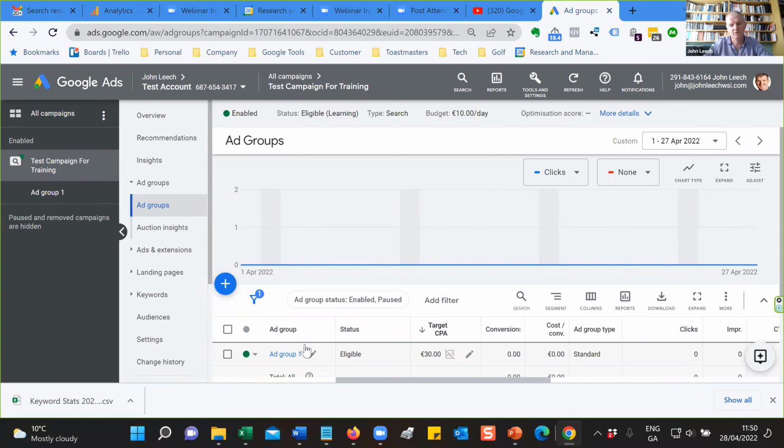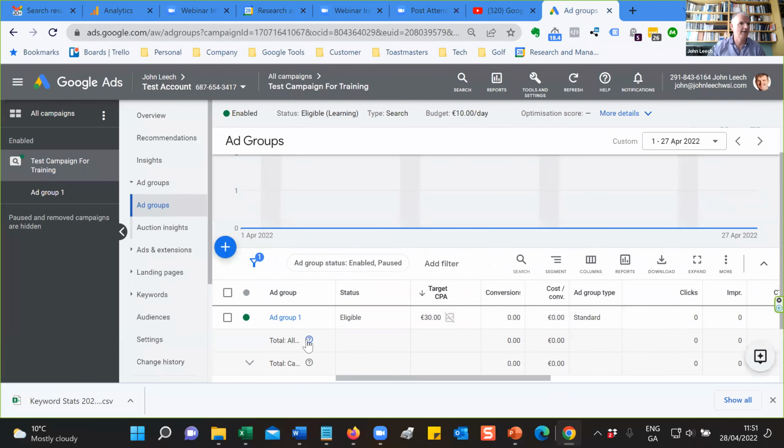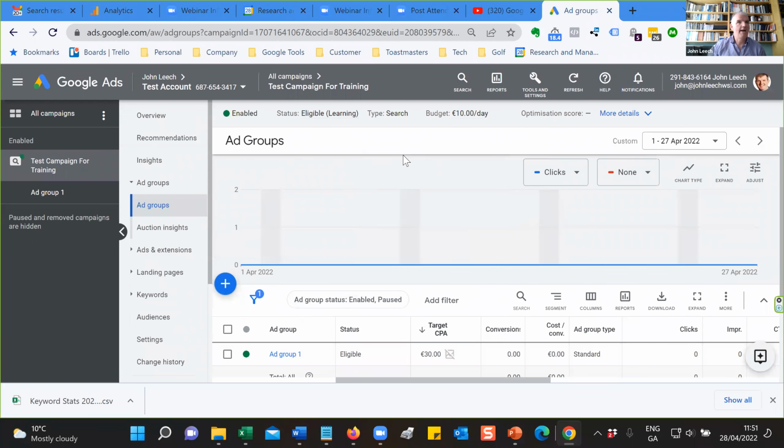So there's two ways of getting people to phone. One, from the ad, you put the phone number in the call extension that I just showed you a second ago. The other is you can have a phone number on the landing page, and you can set up analytics tracking to track how many people click on that over time, and feed that back to AdWords as a conversion. Hopefully that answers the question. If not, I'll unmute you towards the end, and we can talk through anything we want to do there. Okay, so going back to our ads account,